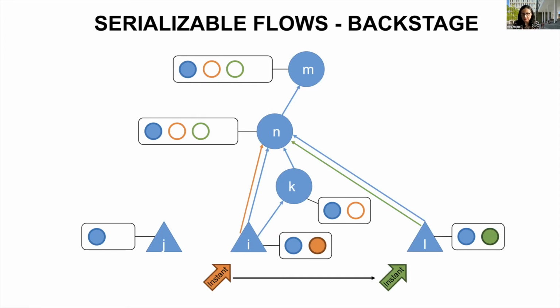This order of the versions is used to ensure glitch freedom as well as serializability. So let's assume orange wants to reevaluate N. It will realize that it cannot do so because one of the predecessors still has an empty orange version. Green can also not reevaluate N because green is ordered behind orange, and orange still has an empty version. So the only way to progress is that orange reevaluates node K and fills the version there, and at this point it can continue